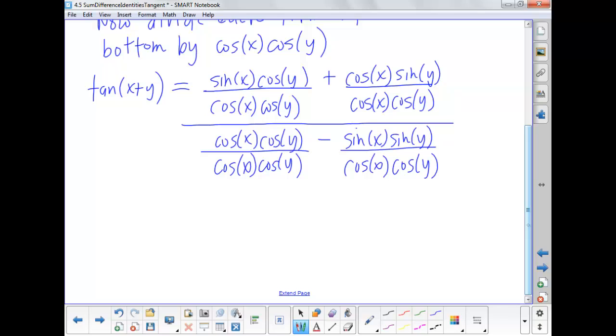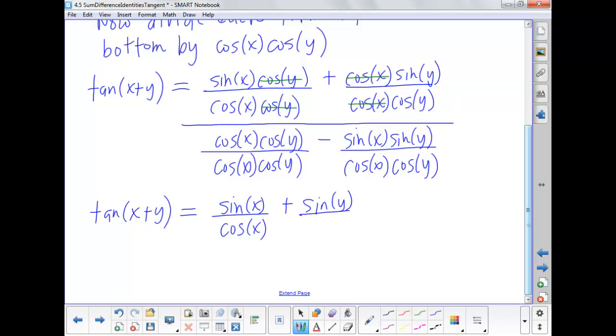In our next step, we're going to see if there's anything I can reduce, anything that can be simplified to make the expression equivalent but in simplest form. In the first expression, I noticed there is a cos of y in both the numerator and the denominator, so those would divide themselves out. Similarly, in the next expression, I see a cos of x in both the numerator and the denominator. They will divide each other out. What that would leave me with so far, looking at just the top, is sine of x over cos of x plus